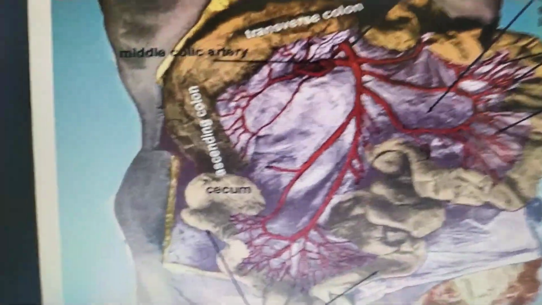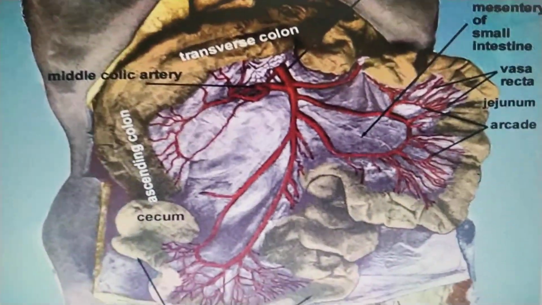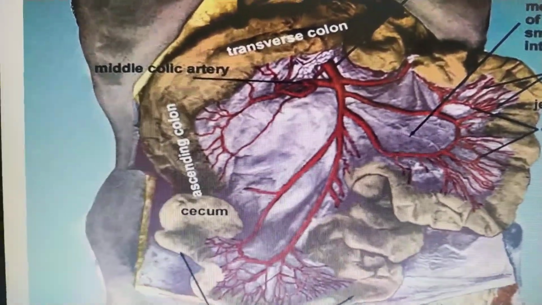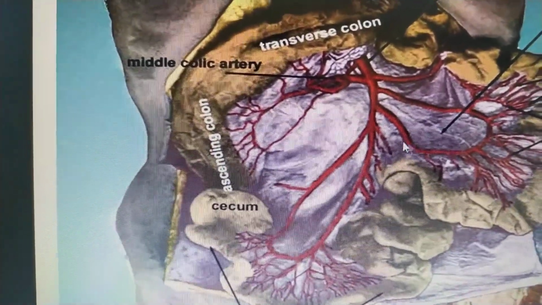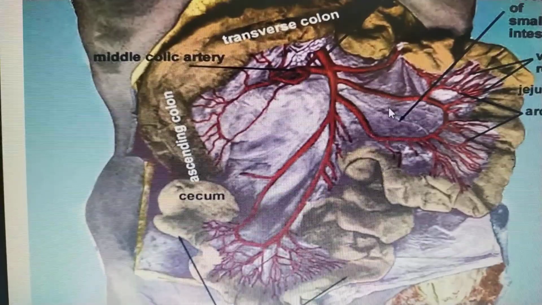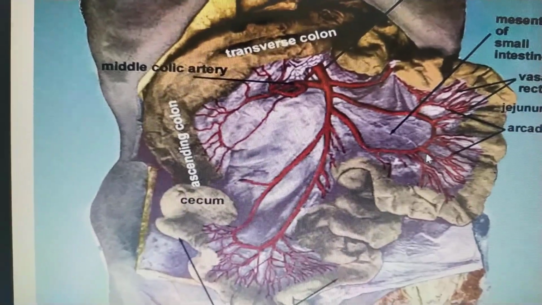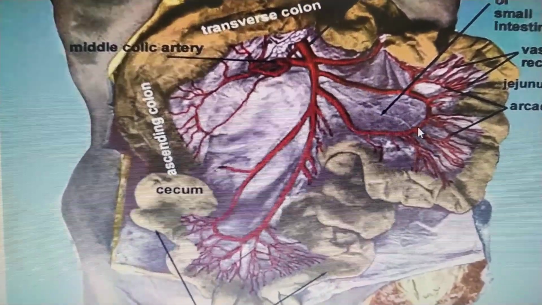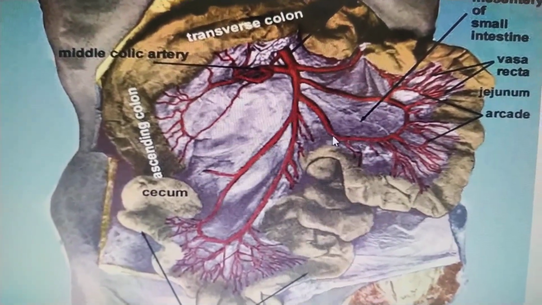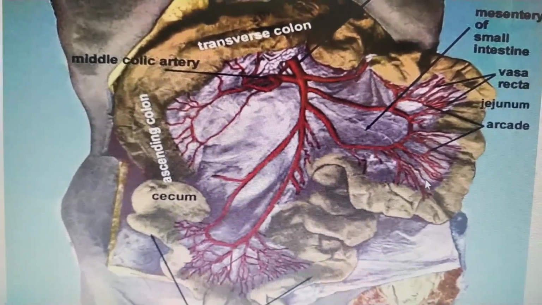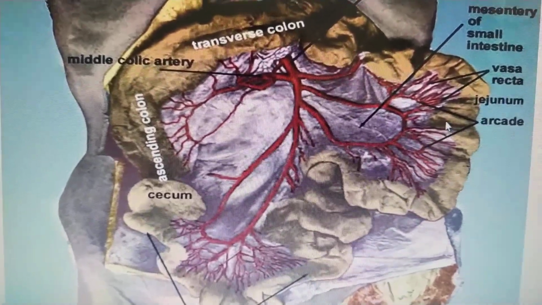Now what is the difference in the arterial supply of the jejunum and the ileum? Both parts of the small intestine are supplied by branches coming from the superior mesenteric artery. In the jejunum, one or two arterial arcades are present. First, what is an arterial arcade? Arterial arcades are formed by the anastomosis of the branches coming from the superior mesenteric artery, from which numerous straight branches arise. These are known as the vasa recta. So these are the vasa recta.